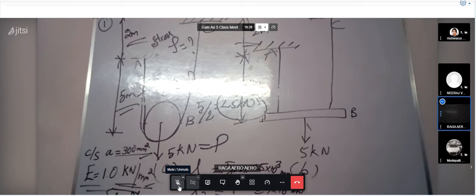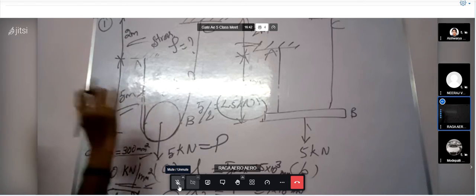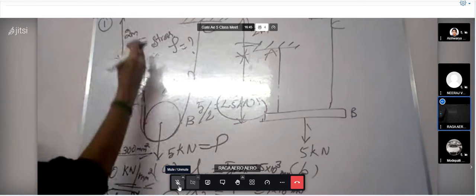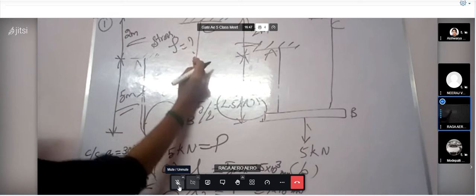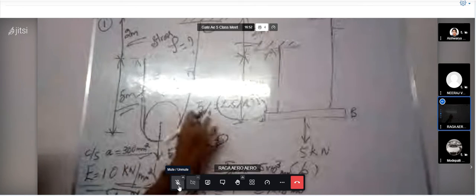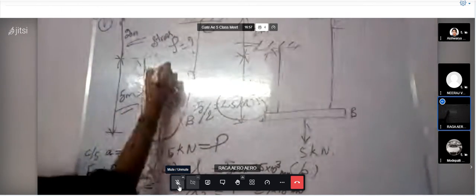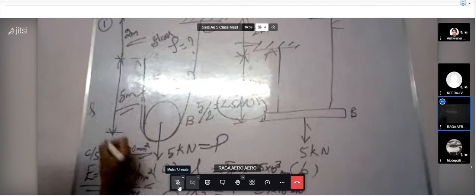Okay, so from this you can find out your stress, right? Area is given. So for stress, what is the formula? P by A. Yes, so you can directly find out your stress for an individual rope. I am again telling you, we are not calculating the entire stress, we are calculating the stress for a particular rope. Here for load we are dividing it equally because we are taking this pulley as fully smooth.